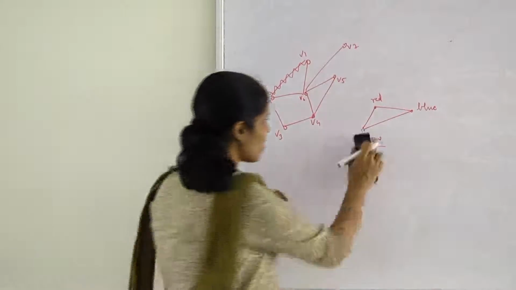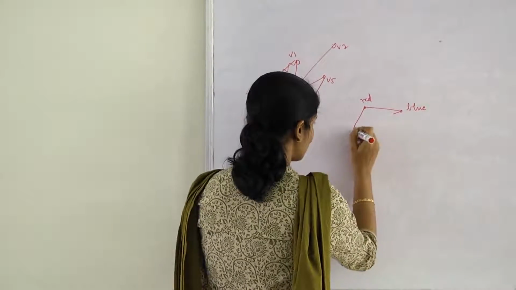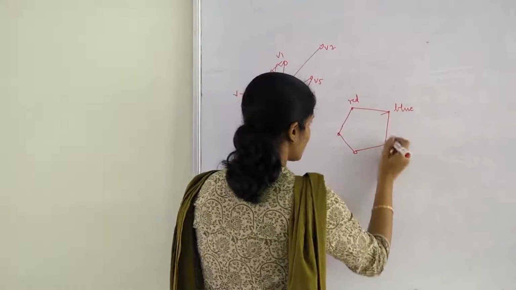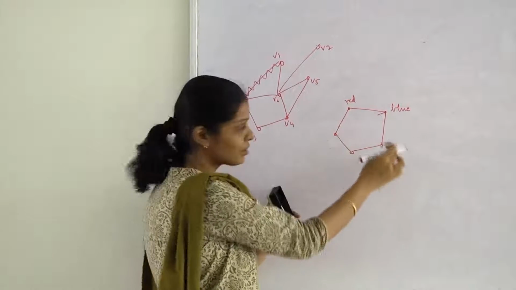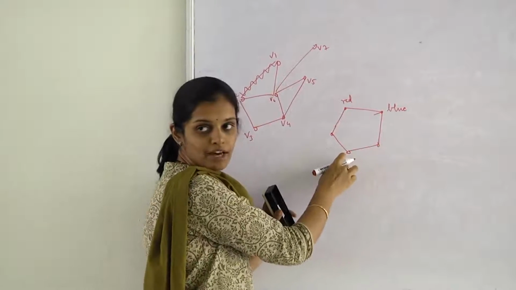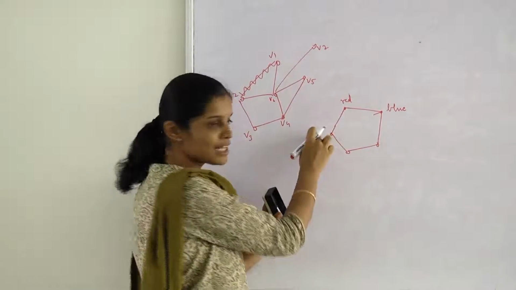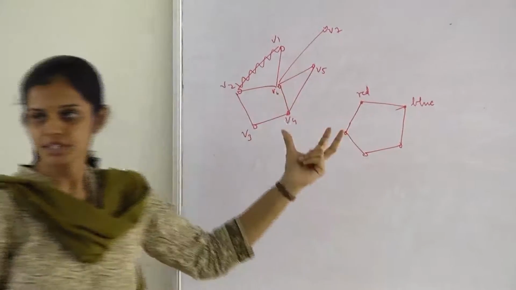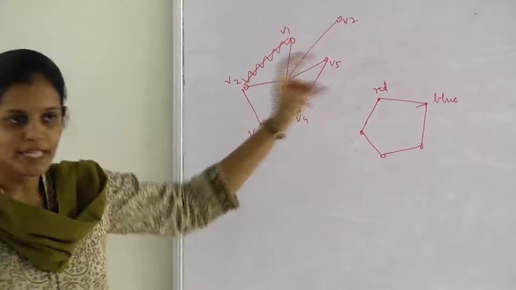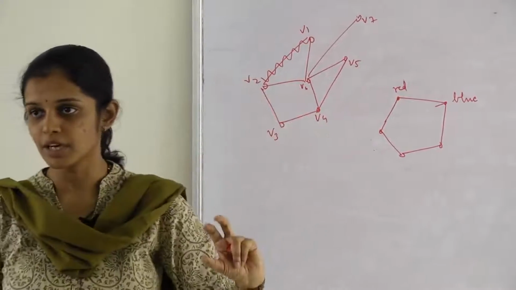Anywhere if there is an odd cycle of any length, even if it is a bigger cycle, you can play the same trick. You are going to have to use red here, you are going to have to use blue here, and at this place you are going to be stuck, you will have to use a new color. So the presence of the odd cycle forbids 2 colorability.